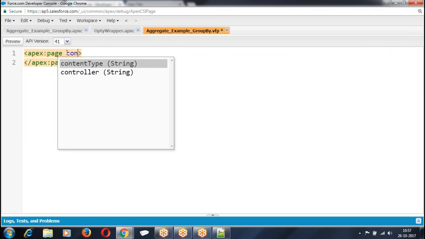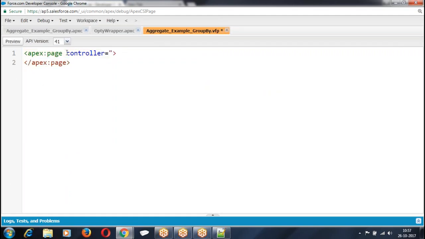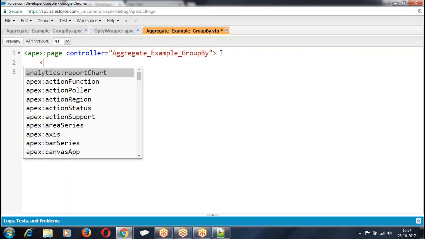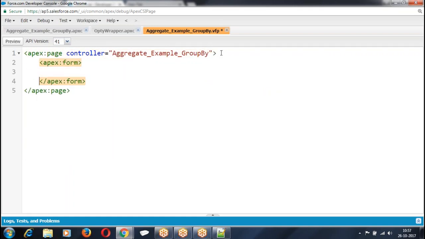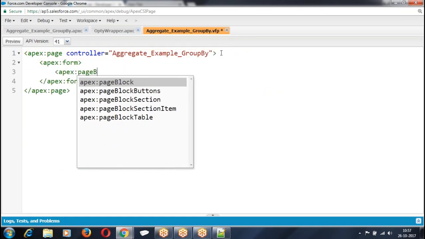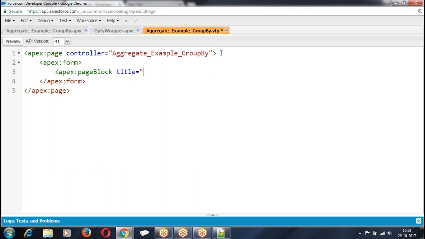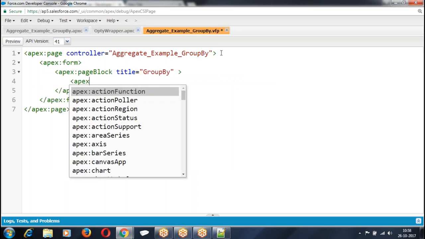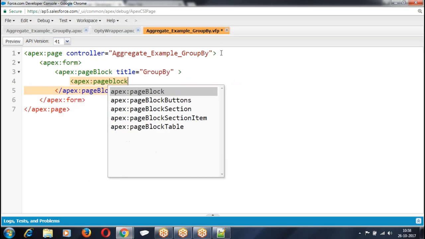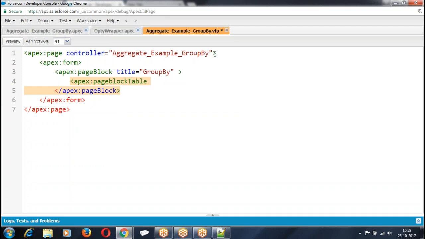How do you display the data? Apex page block table, value equal to